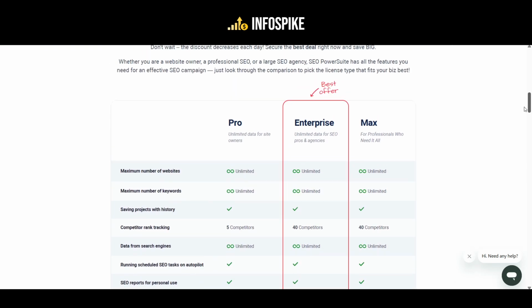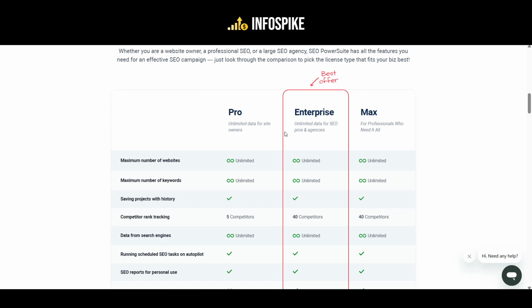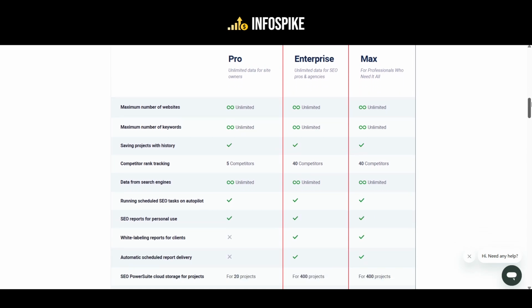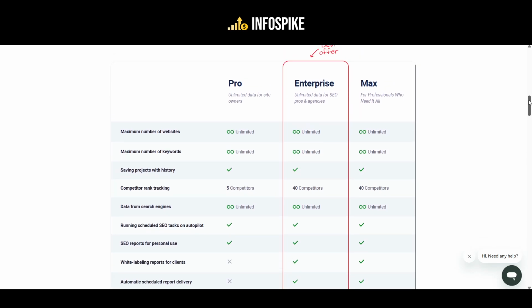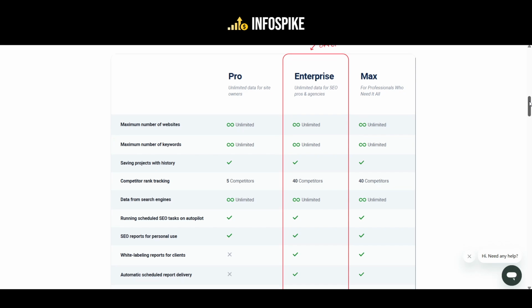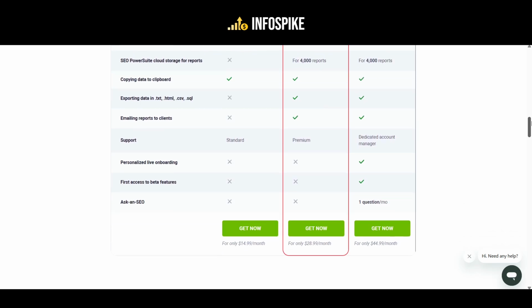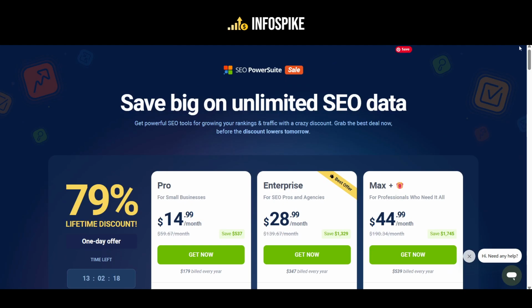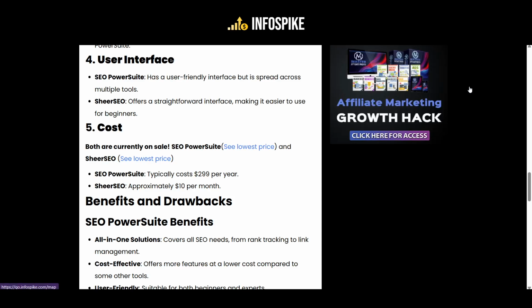So you could see the Pro plan versus the Enterprise plan. I just got the Pro plan, but of course you get more with Enterprise. It all depends. If you are an agency, I would recommend the Enterprise plan. It's just more simple to use, especially if you want to export reports. It's easier with Enterprise. So that is the big difference. Continuing along here,